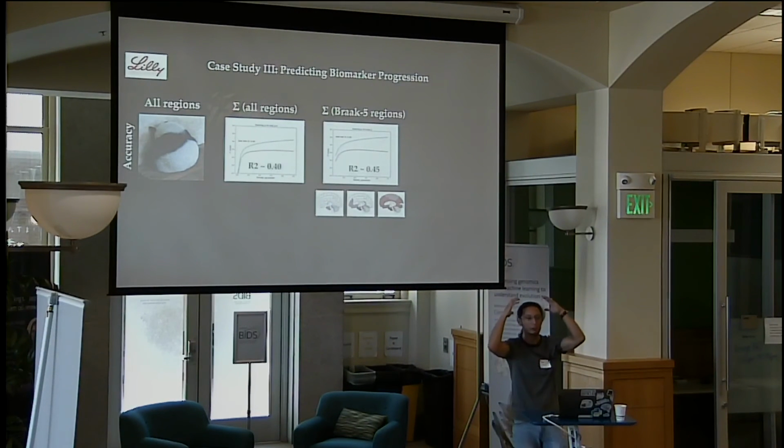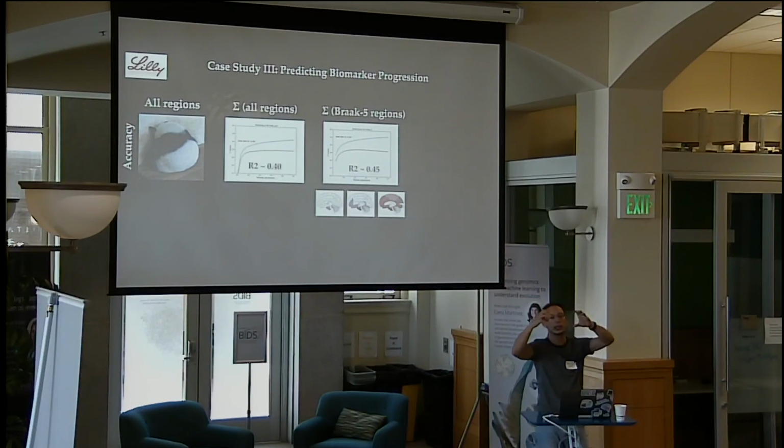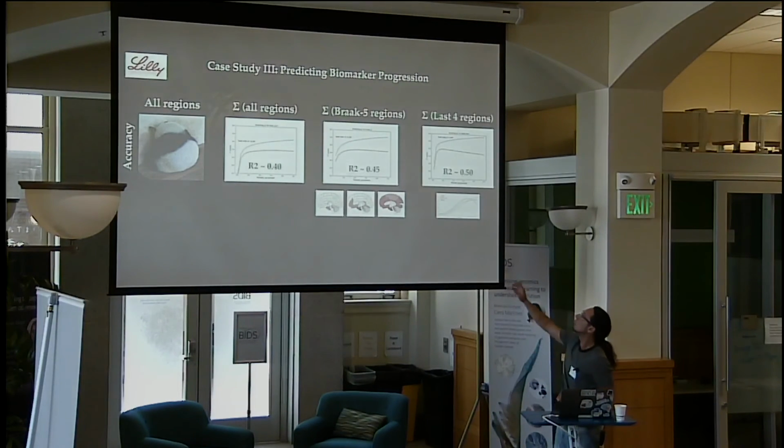And since this worked well, another thing that we tried after that was, what if instead of summing the amount of protein in the whole brain, we only look at a subset of regions that we know the tau protein is usually going from the subcortical regions to the cortical regions? What if we just sum the frontal regions that we know is where the protein is eventually moving to? And that increased the accuracy even more. And finally, what if we just use the 2 or 3 finer regions that we know the protein is moving to from the previous model?